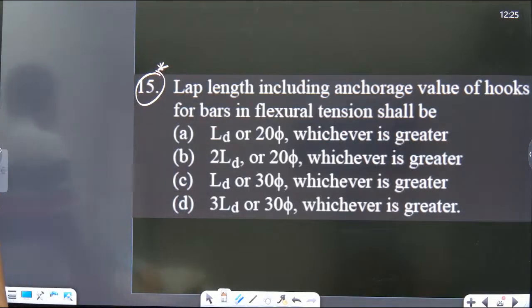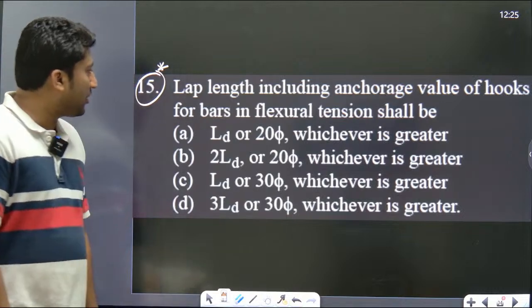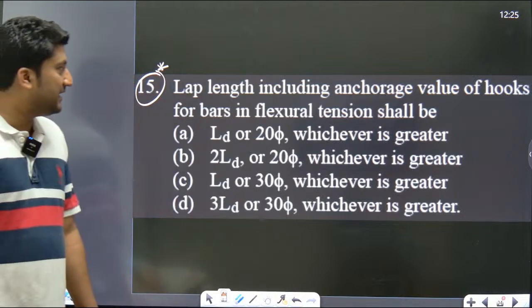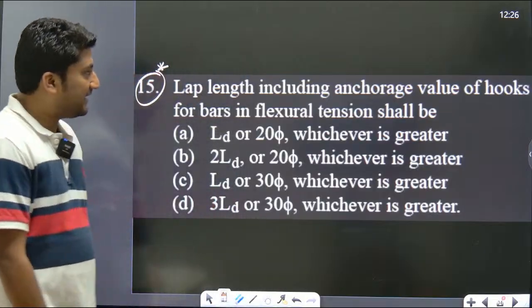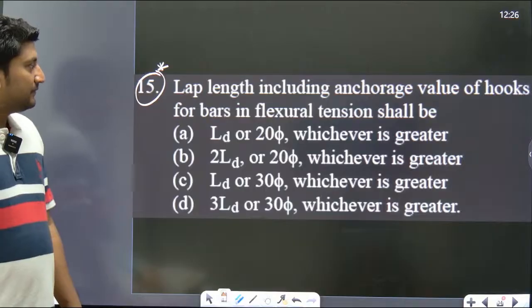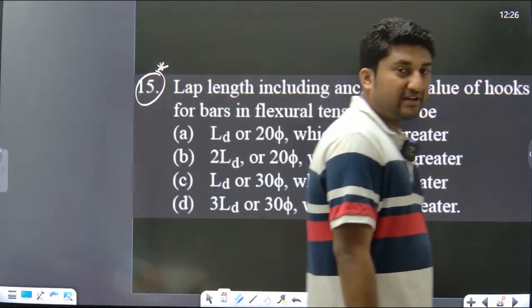What is the correct answer? Lap length including anchorage value of hook of bar in flexural tension shall be lap length including anchorage. You need to increase the anchorage value of hook of bar in flexural tension. So whenever the bar is in flexural tension, what is the